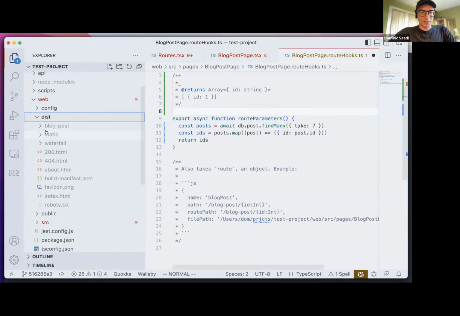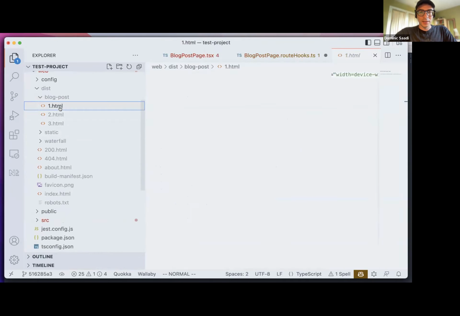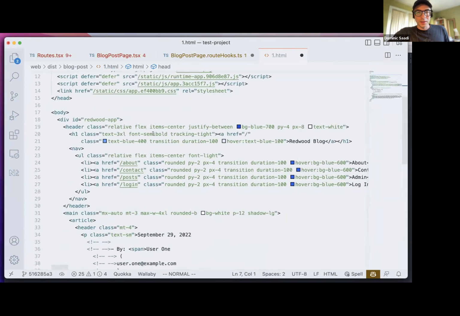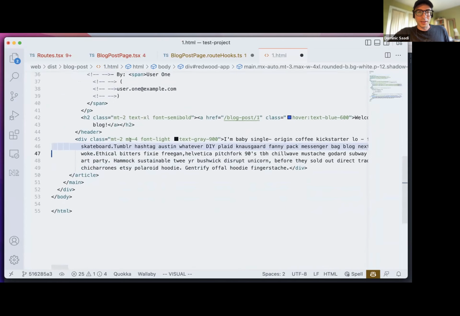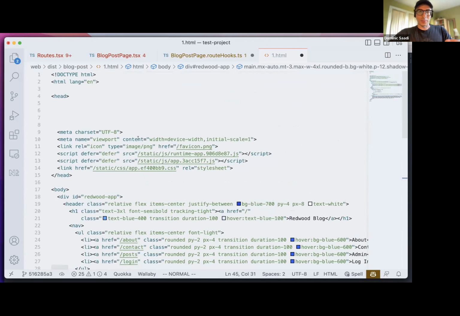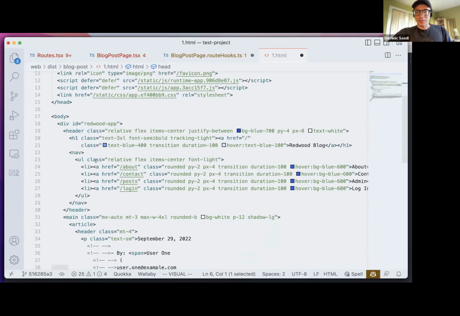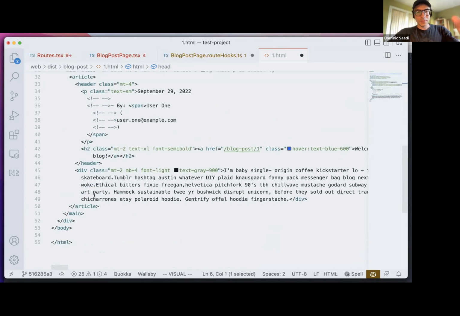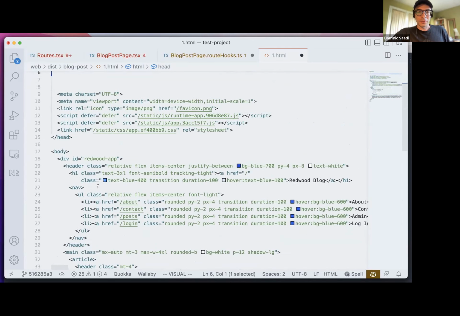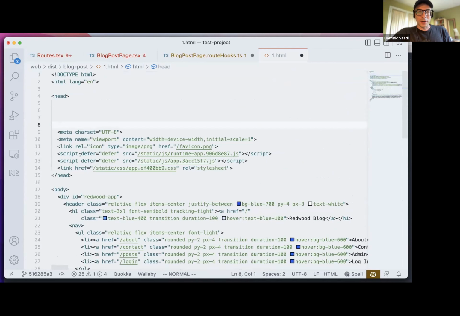In web dist, we now have this blog post directory, and let me format this so you can see what's going on here. We have the same text right here, as if React had come and rendered all of this out and just saved the HTML to a page. And when you render this in the browser, you're going to see this first, the HTML, which is great for SEO. It's great for that first response. And then you're going to have these scripts come in here and hydrate the page so that you get the